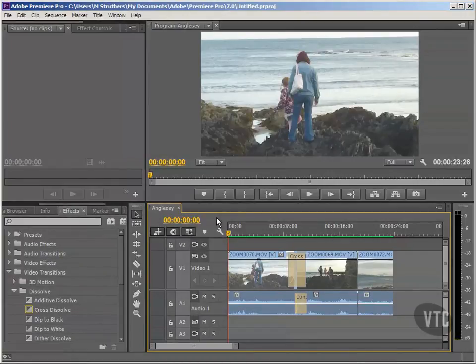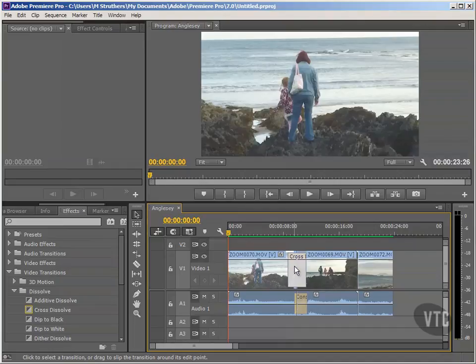I want to extend our knowledge of transitions now that we've seen how to apply a transition first of all, and how we use the Effect Controls panel to then further adapt it. As you can see for this tutorial, I've added in a further clip, and you'll see why as we progress. At the moment we've only got this one transition, the one that we brought in the previous tutorial, and you'll